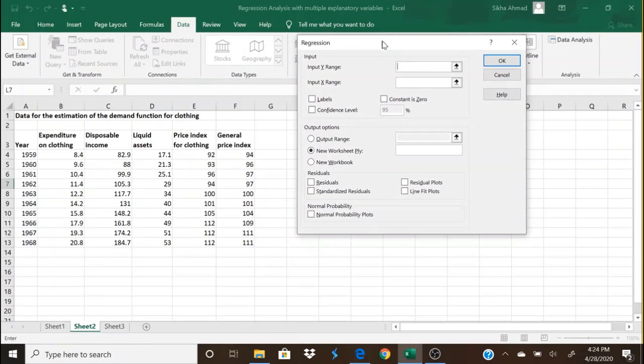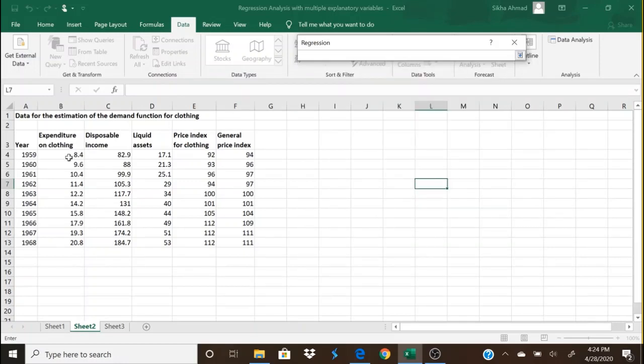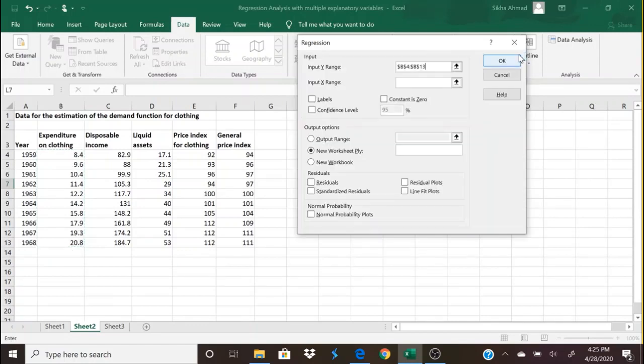In this dialog box you can see you have input Y range. So the Y variable or the dependent variable in our example is expenditure on clothing. So we will just click here and select the data. Remember, we'll select only the data, don't include the text here. So we'll select all the data, then we'll go back here.